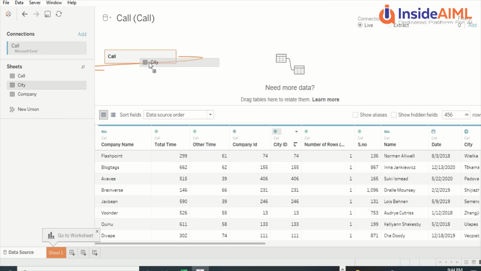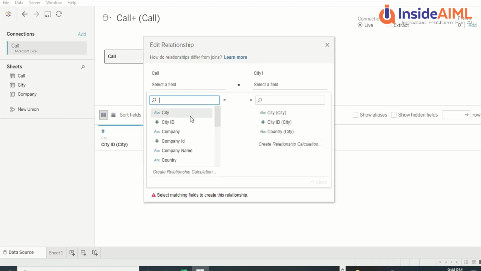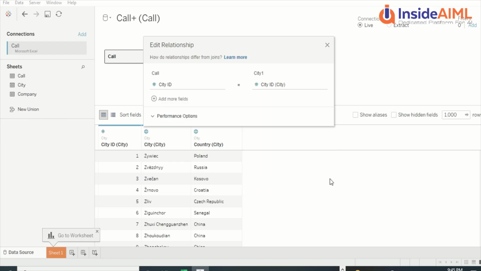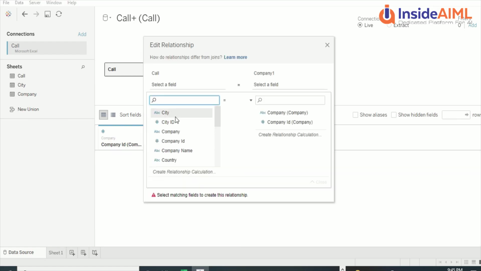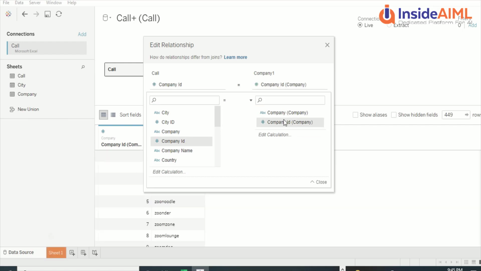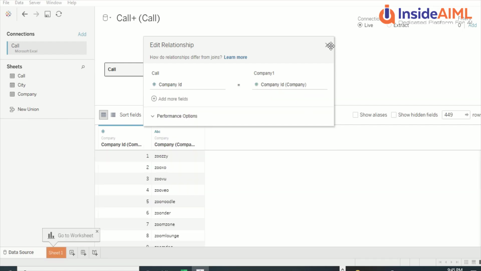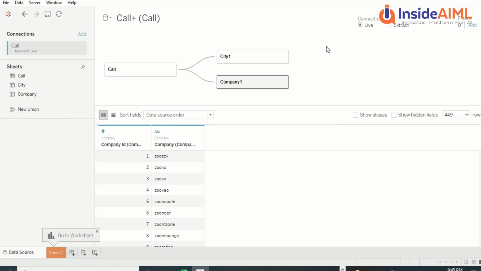Now I can go ahead and join the city table with it. I'm expecting city to be joined on city ID. So let me join it on city ID and city ID, and then it says okay, close, and then we go ahead and join the company again with this city. Now please remember, when we are dragging, make sure that you select the correct column, and then let me close this. Okay, so live connection or extract, let it be live right now. Live basically means it should query the Excel sheet, and extract should be loading it out here. So let's keep it like this right now.